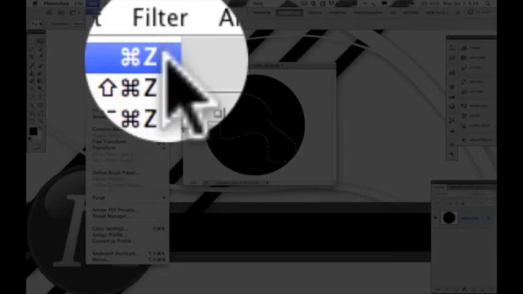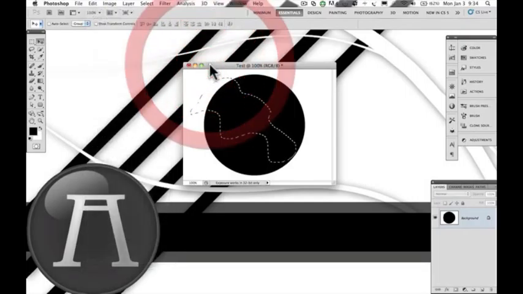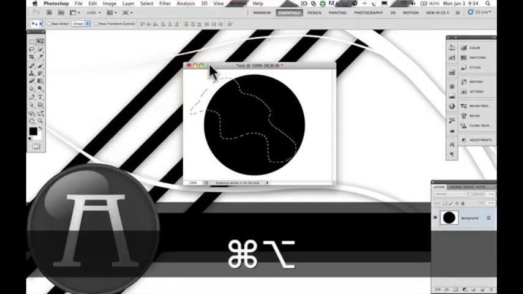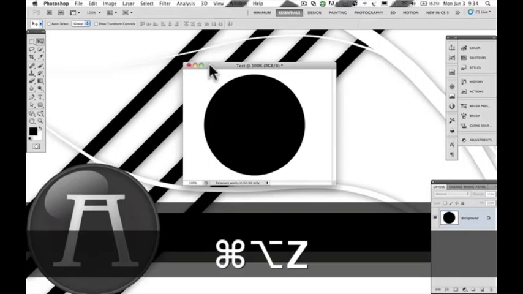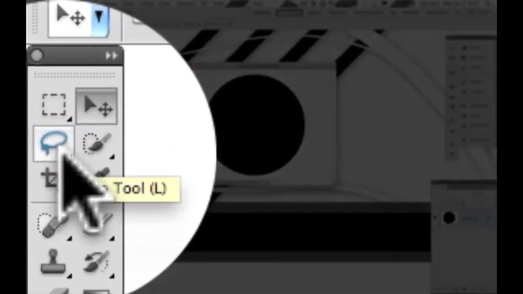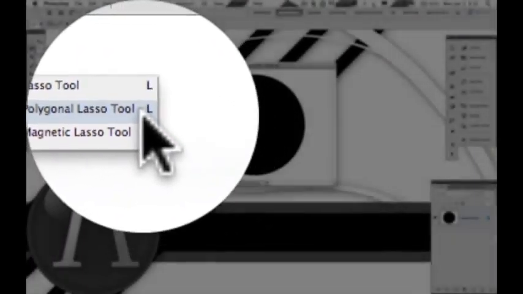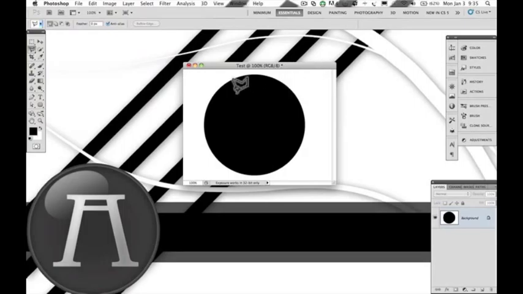And if you want to step backward more than one step, you can hit Command Option Z. That's what I'm doing right now, hitting Command Option Z. Now we got rid of the first selection we made, hit it again. Now we got a rectangular selection back, and again, and again. Now we're back to the beginning of it. Alright, now we're going back to the lasso tool. Right click on that. Now go to polygonal lasso tool. See, this is a pretty interesting